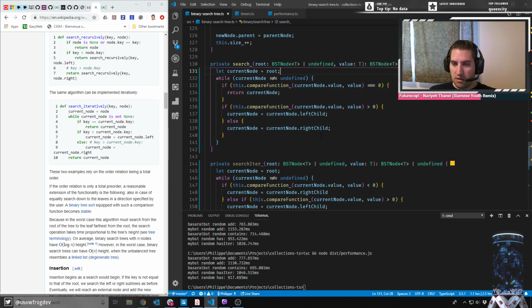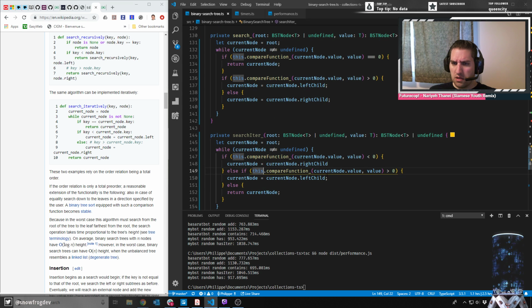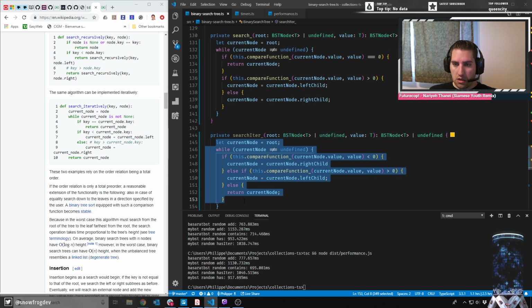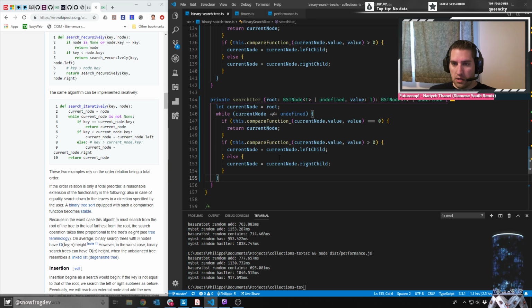But this might be because we're calling this function twice here. Oh, we still are calling it twice in this case. Okay. Let's use that as the base. And we're really dealing with micro optimizations here. What we're going to do is instead of calling this twice,